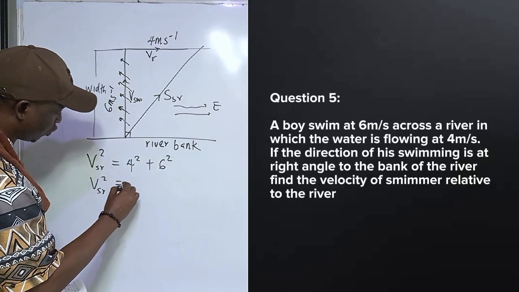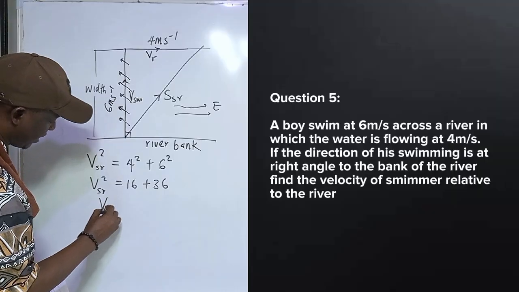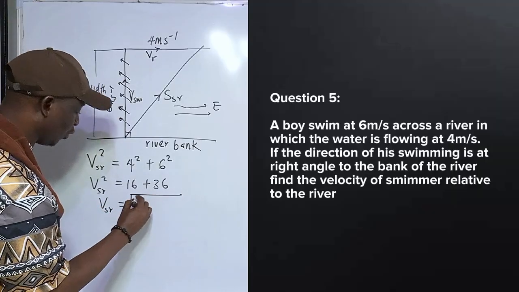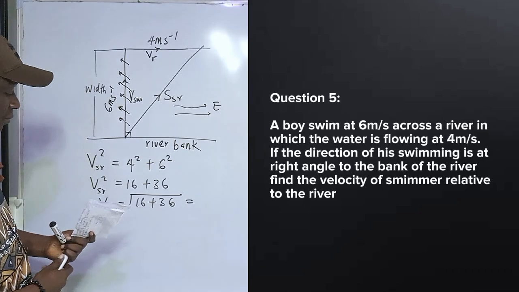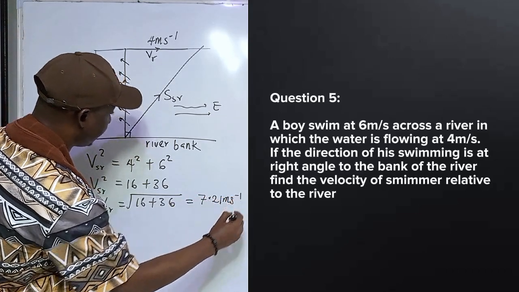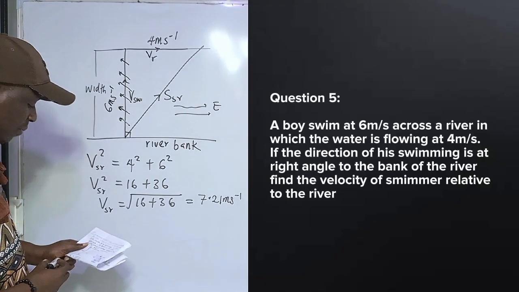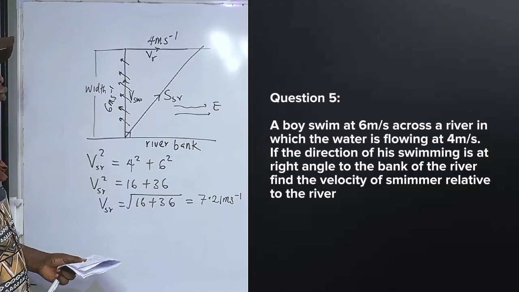Vs equal to 16 plus 36. So Vs equal to square root of 16 plus 36, which will give us 7.21 meter per second. Now, if they ask us for direction, maybe sometimes they can ask us direction to the shoreline,